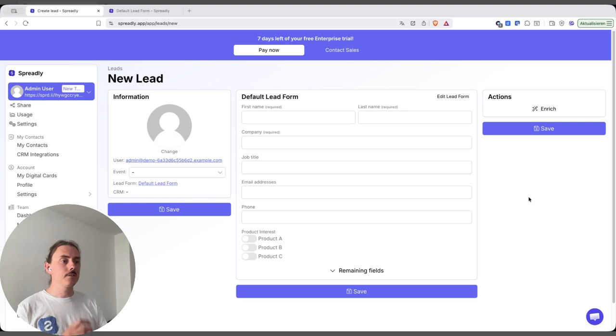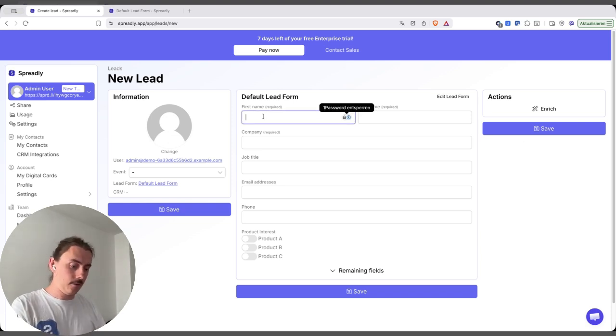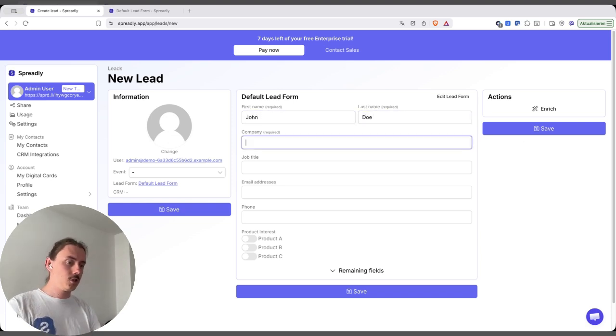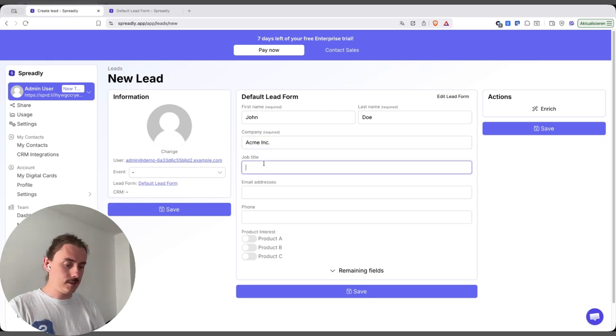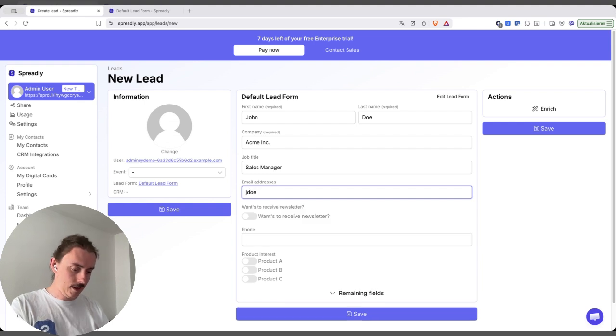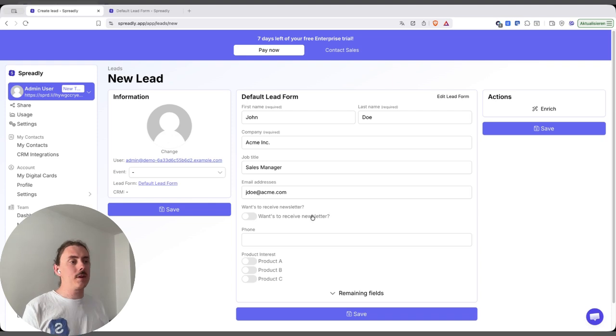And if we now reload the lead form, we've seen it got narrowed down pretty much. So we can, for example, start capturing with John Doe. I'm working for Acme Corporation. He's a sales manager and his email address is jdoe@acme.com. And you now immediately see that only after filling out the email address field,